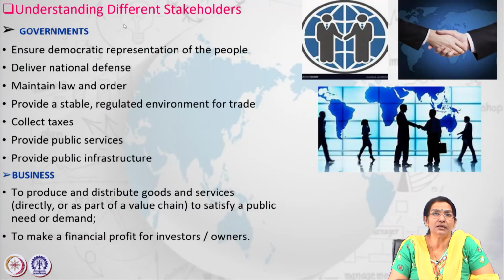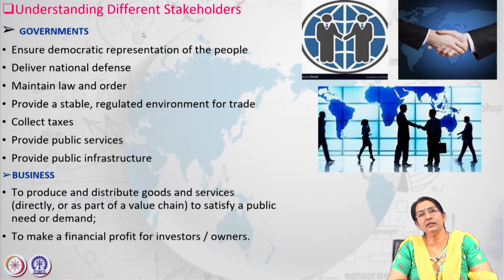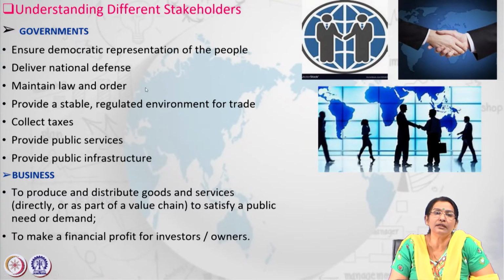Then I can say understanding the different stakeholders again. In this partnership also there are different stakeholders, so you can say it is a multi-stakeholder partnership. Here we can say that the government is definitely a major stakeholder in any partnership. And under the government's dimension, what are the things? Democratic representation of people, delivering national defense, law and order, collection of taxes, then rules, regulations, the banking system,